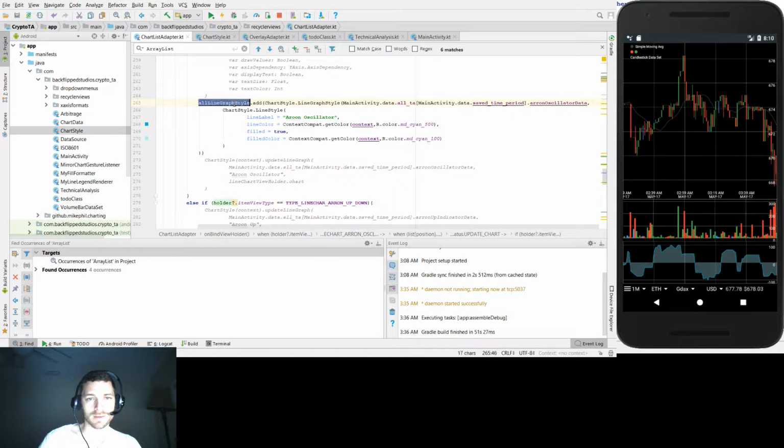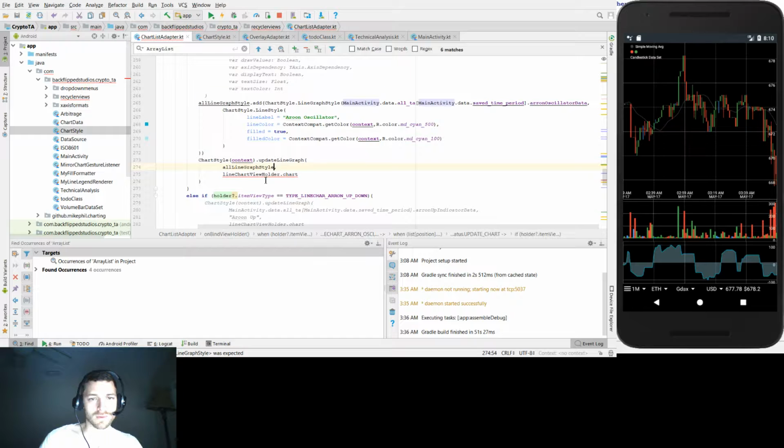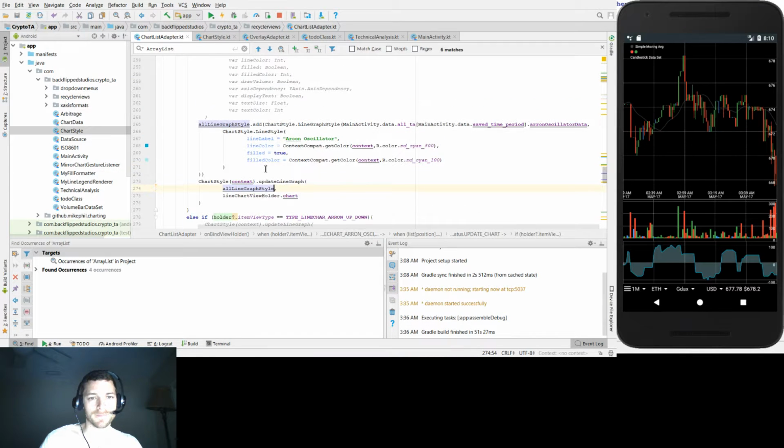We add to the line graph style, and then we want to add in this, like all line graph style, like that. So we added that,